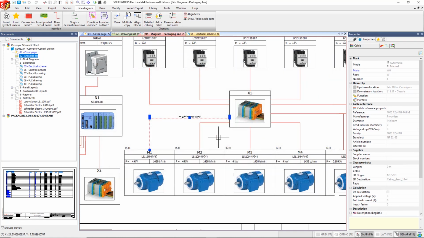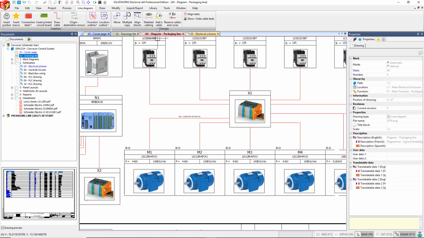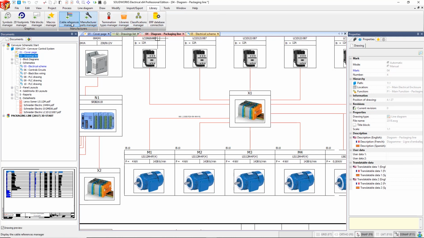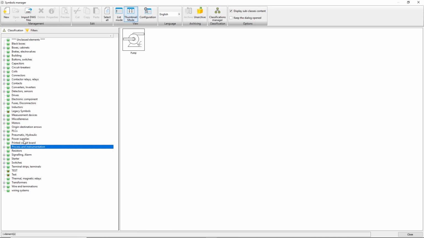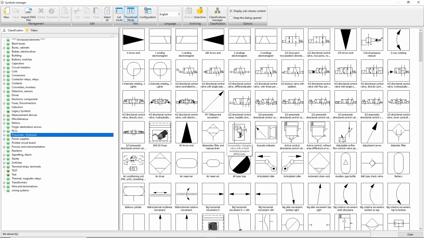So the system is all geared around an SQL database. That database contains parts, it contains cables. We've also got libraries for symbols as well. So all standard IEC symbols are included with the software. These are just DWG files though, so you can actually add to the library and configure new content if you so wished. We also have the ability to draw pneumatics and hydraulics circuits to a basic level, making use of all of the standard symbols in the library.